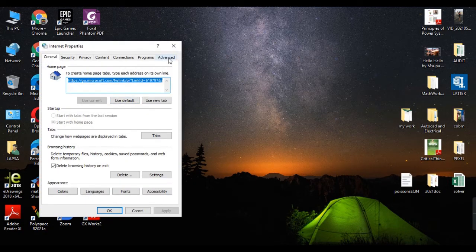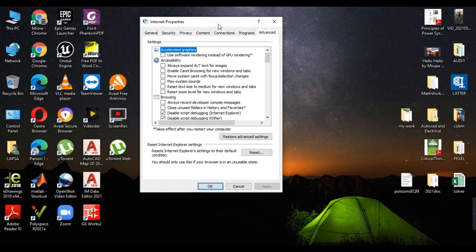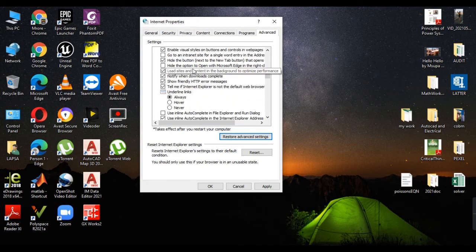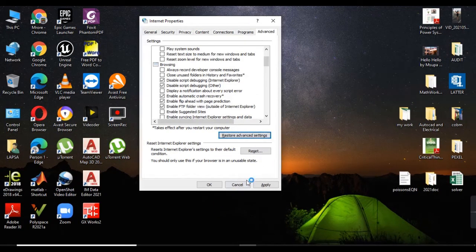Then now we'll go to advanced, and here in advanced we do the reset of everything in advanced settings, and just hit apply. Yes, in advanced, after hitting advanced, we come and hit reset.